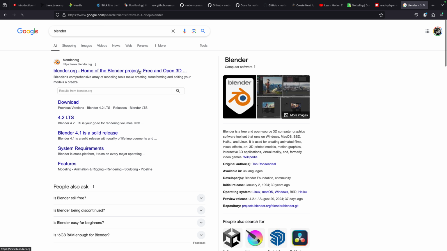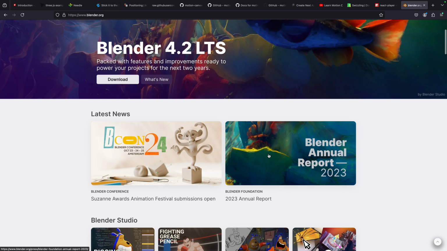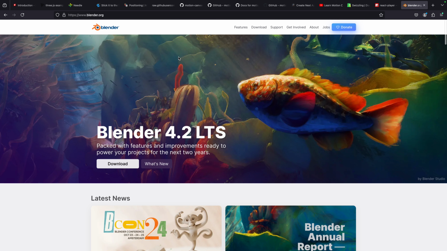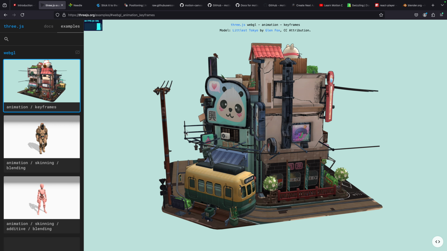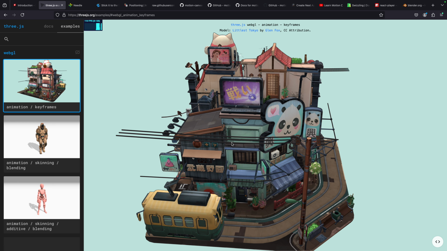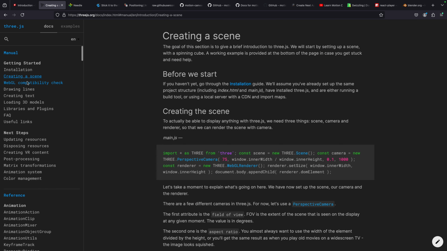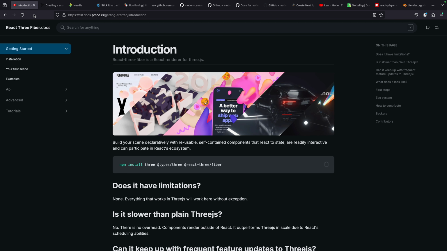Blender. There's a high learning curve for Blender, but you can make some really cool animations. And if I go on getting started, you can do some incredible things. This is the path I would try to have you guys go on if you want to do some more custom web-based animations. If you're doing this more in a React or Next.js kind of way, there is another library